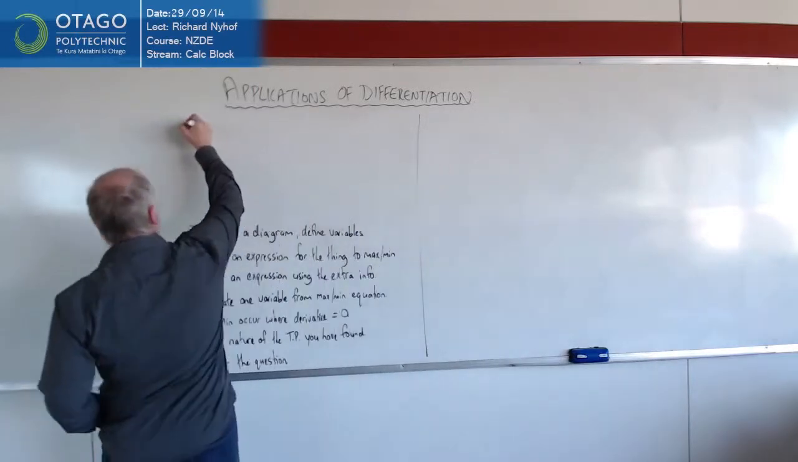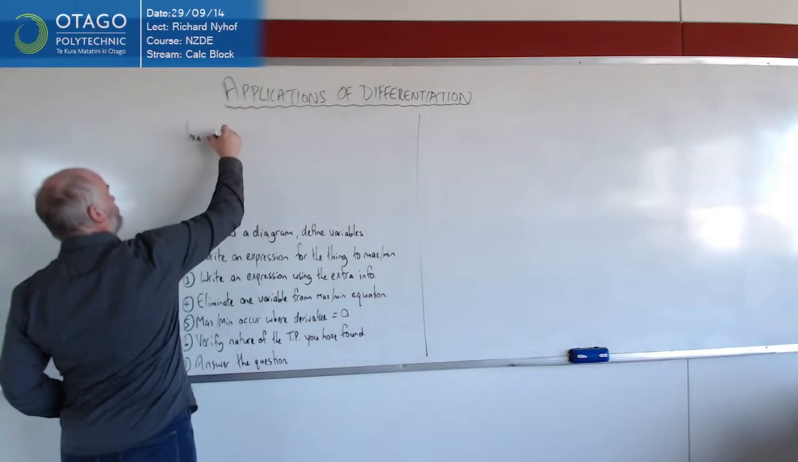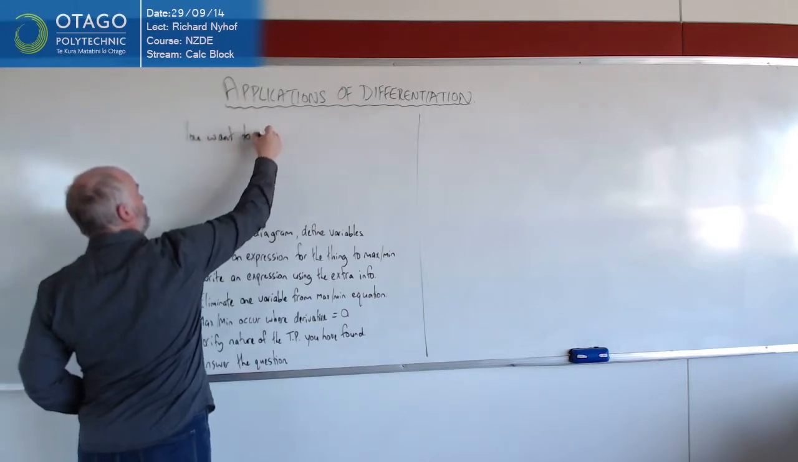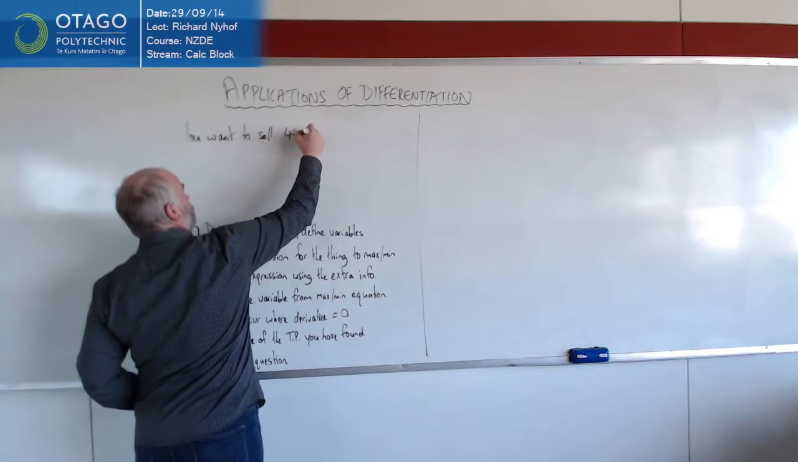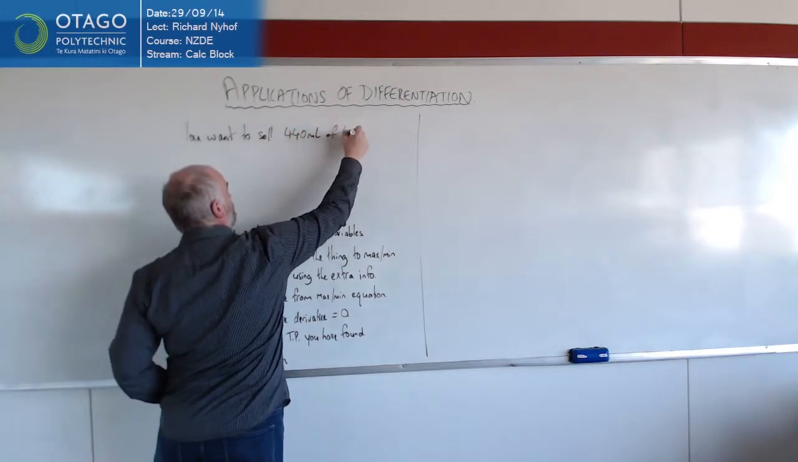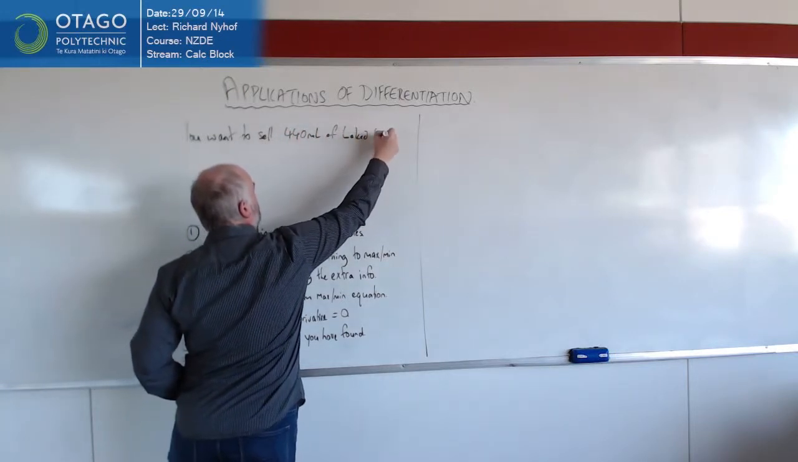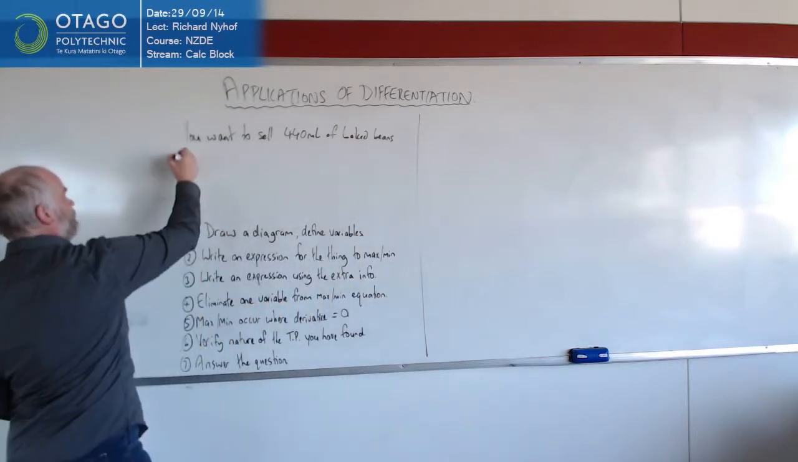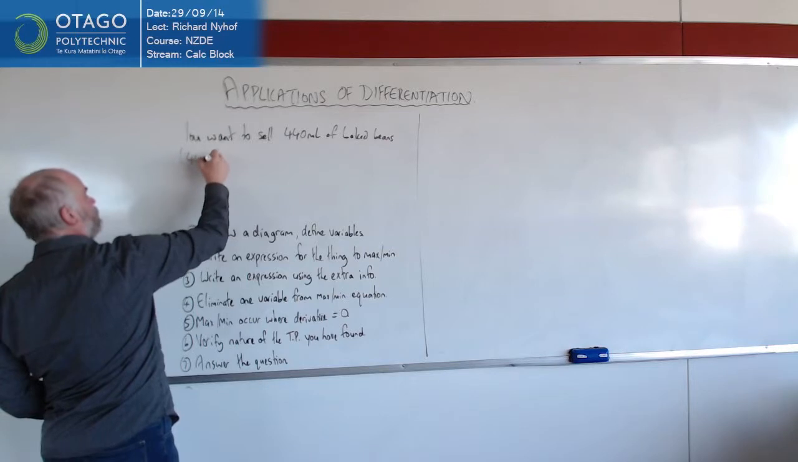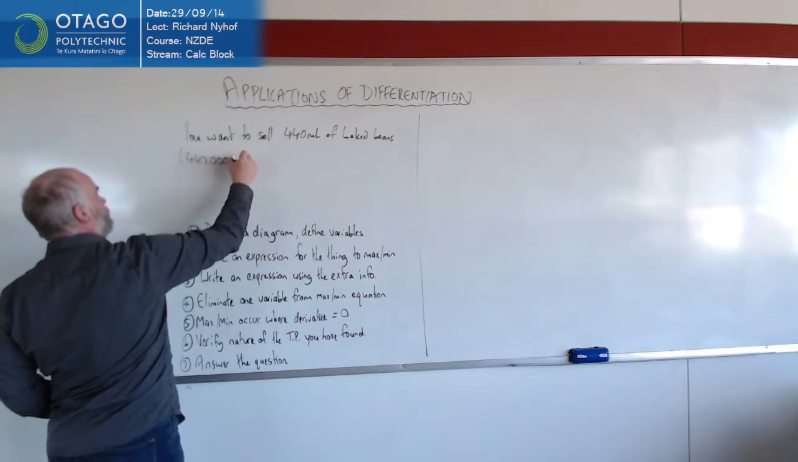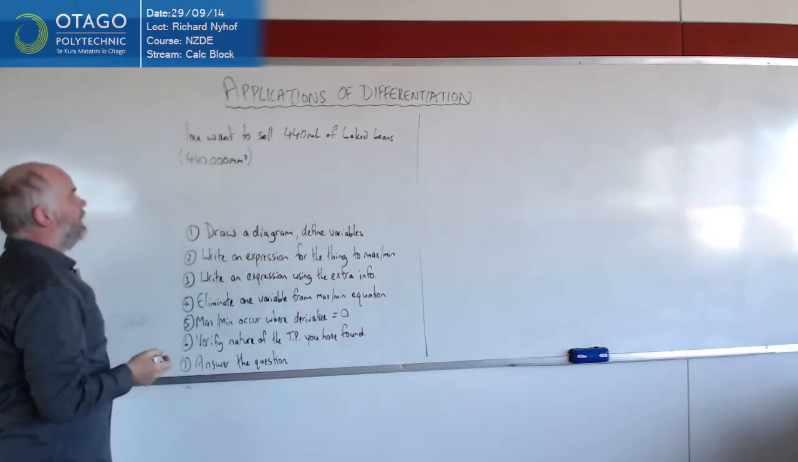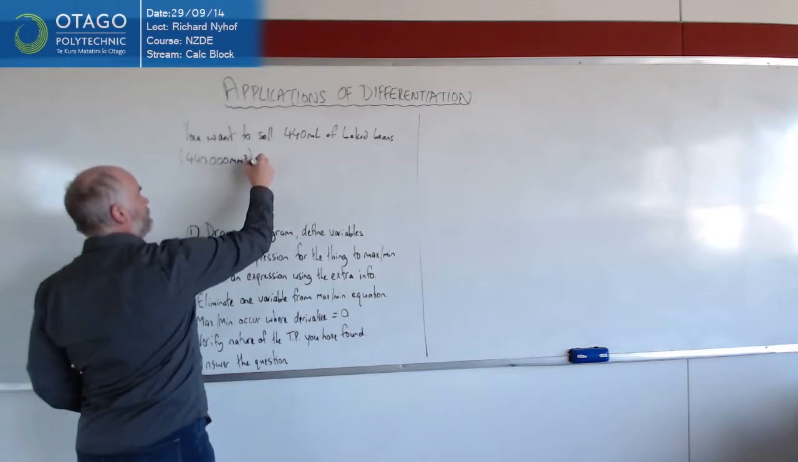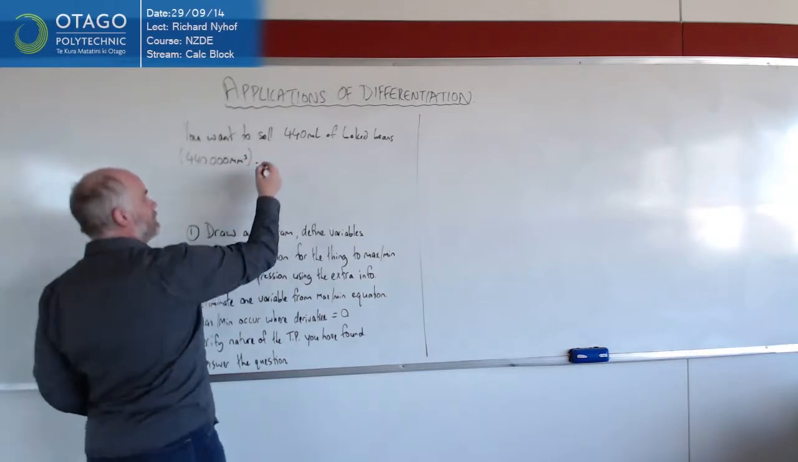So you want to sell 440 milliliters of baked beans. I think that's the size that's in a normal tin of baked beans. For those of us that are engineers, let's say that's 440,000 cubic millimeters. And we're going to do it in a cylindrical tin, so the question is,